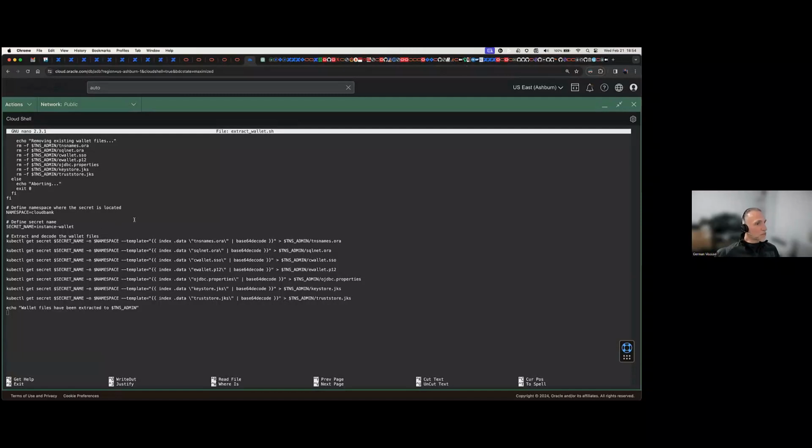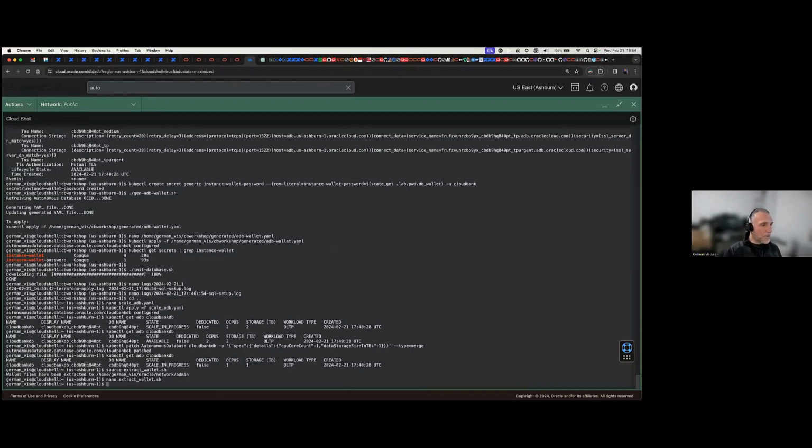We are not connecting to OCI directly to fetch the wallet, but we are connecting to the operator, and we are saying, hey, operator, hey, Kubernetes, give me these secrets that you already stored as this being the wallet for the autonomous database. Okay, so we're getting it from the operator, and this is really good because if we are all orchestrating things and working with CI/CD, we don't have to do explicit connections to OCI, but basically work 100% with the operator. Okay. All right. So now, just to wrap it up, we're going to use this wallet to connect, and then we are done. Okay.